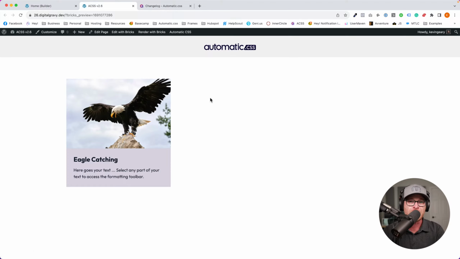There is still a problem, by the way. When I do keyboard navigation, it's still going to only highlight eagle catching. It's still only going to actually focus on the link. That's not a technical problem. From a technical accessibility standpoint, that's still fine. But from a visual standpoint, it's not the best, right? Because the whole thing is clickable, we kind of want the whole thing to focus as well, okay?